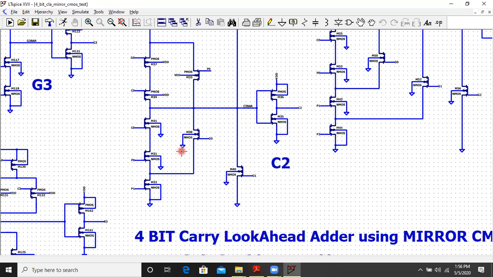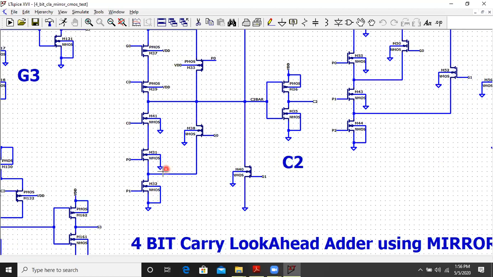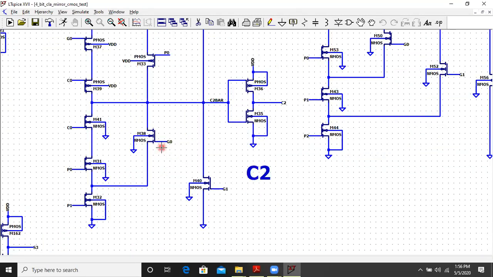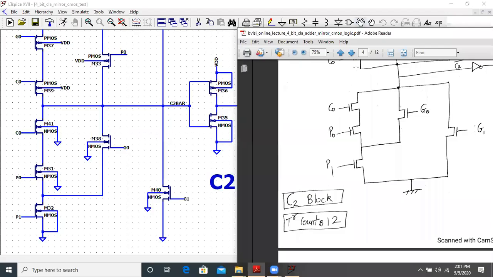The C2 block is slightly bigger, so let us check the pull down network first. Here we have C0, P0, P1. Here also we have C0, P0, P1.